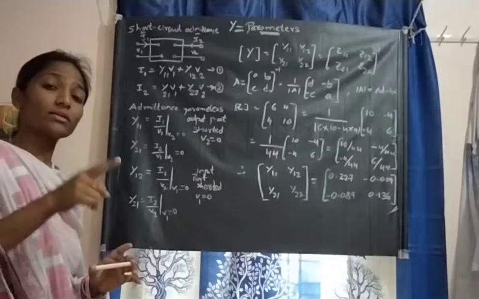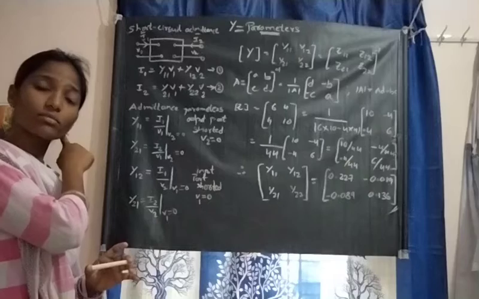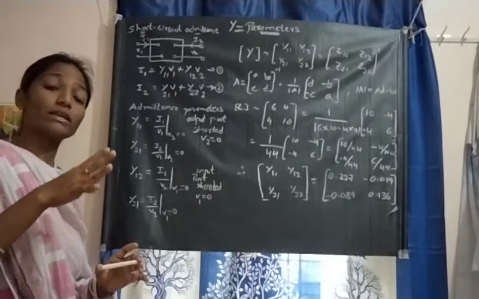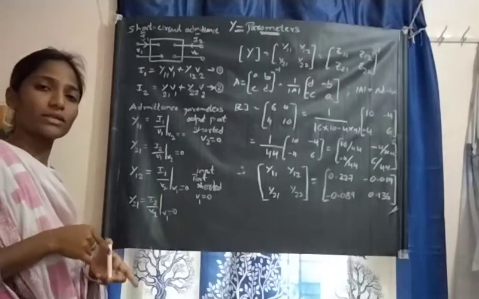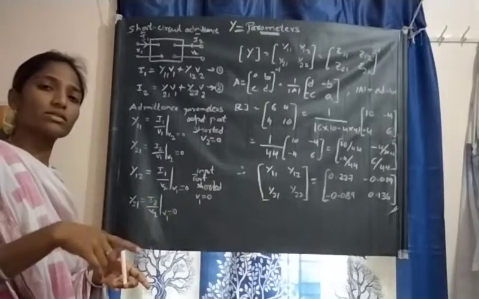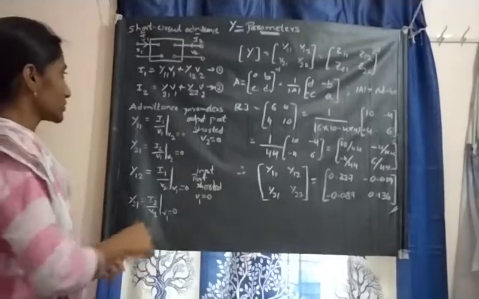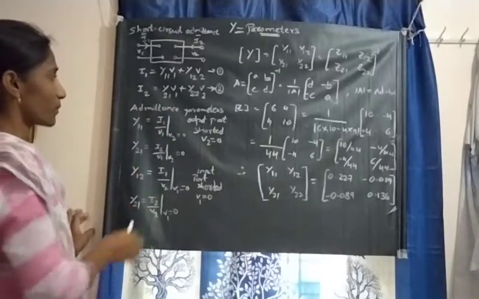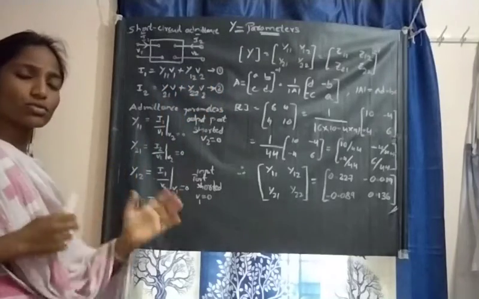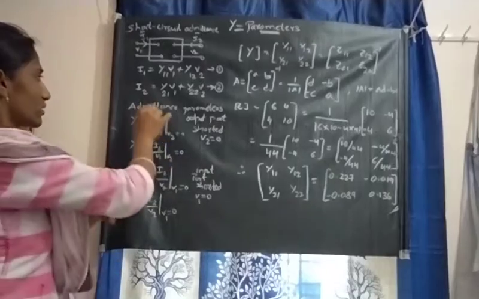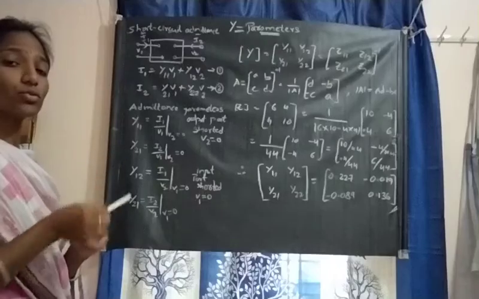So in Z parameters, what we did was bring a relation or linear equation depending upon the voltages. But in Y parameters, we have to draw the equations related to output and input currents, that is I1 and I2. Check here, I1 is equal to Y11 V1 plus Y12 V2, as usual with the Z parameters. Then I2 is equal to Y21 V1 plus Y22 V2.